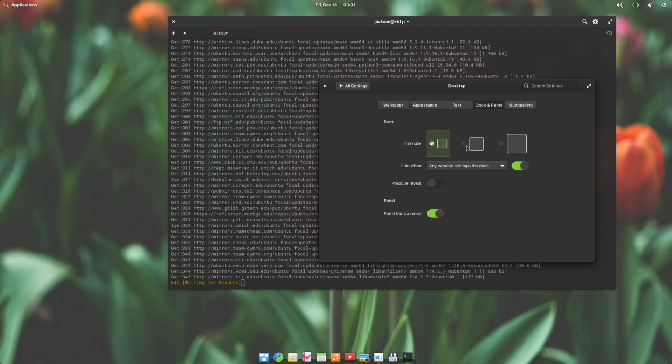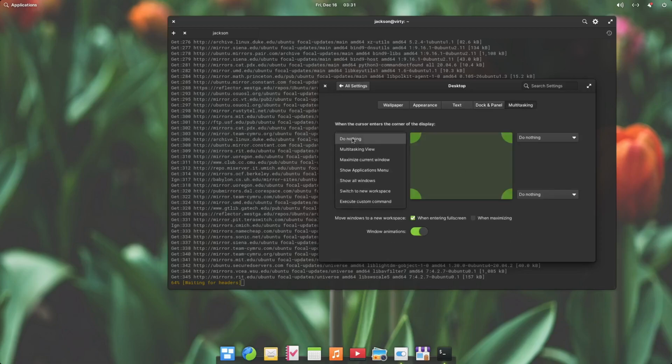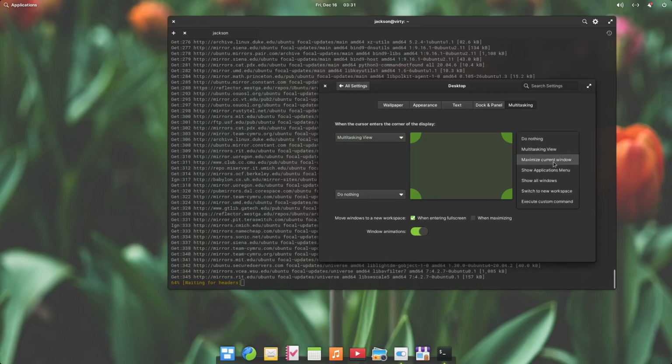You can make it smaller if you want. I like this mid one. What's this one? I don't know. But you can also assign corners, like hot corners. So let's see.